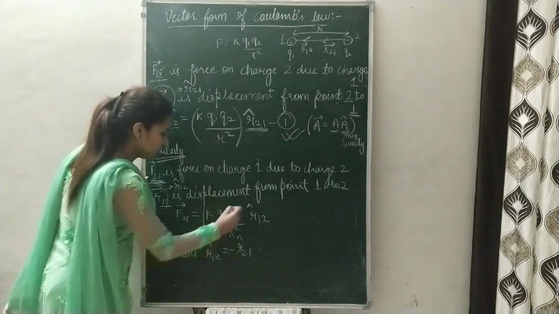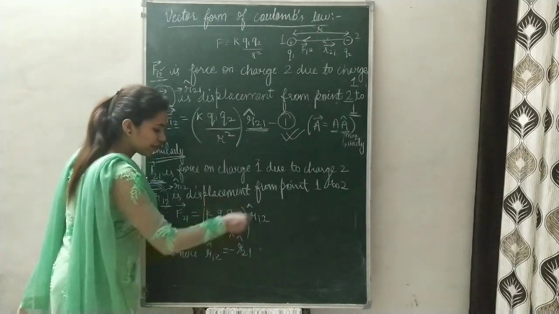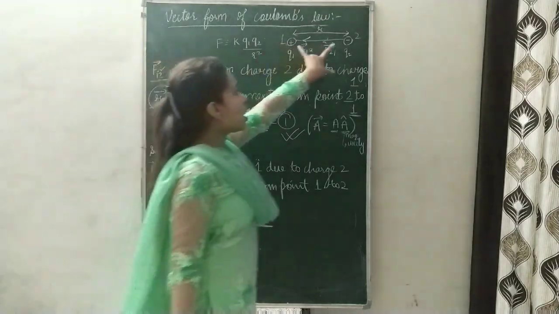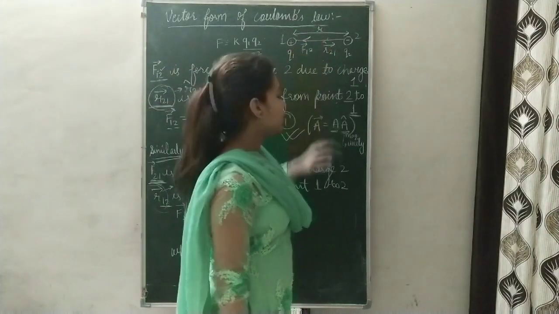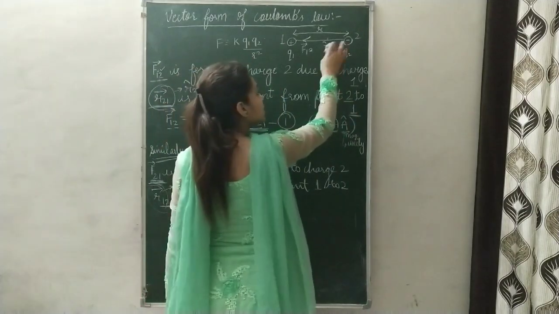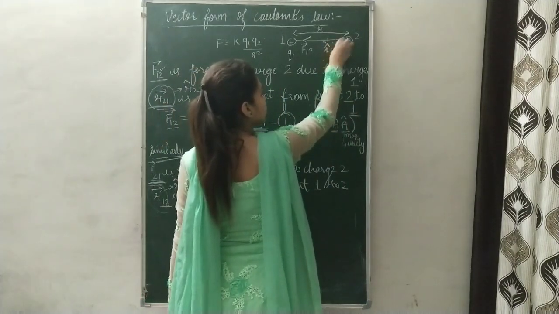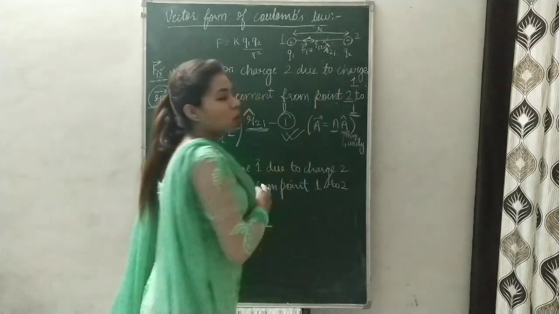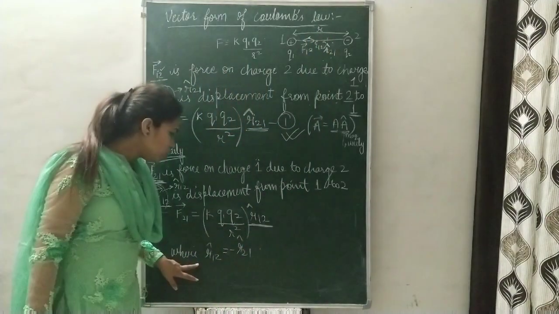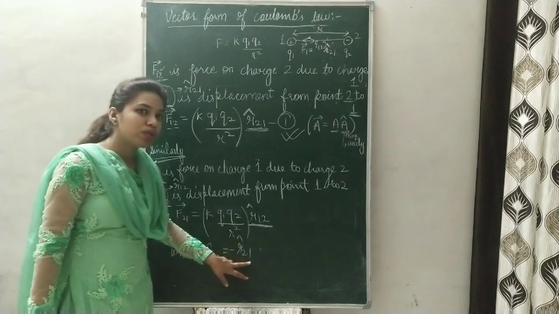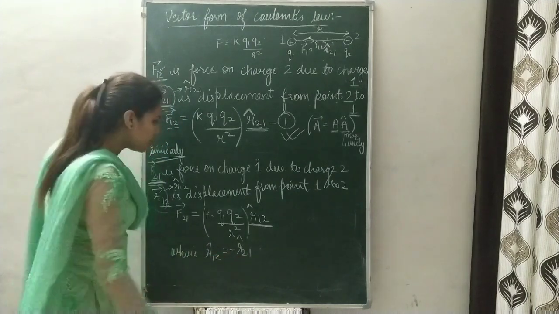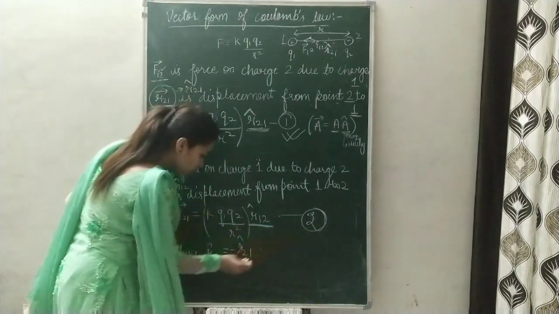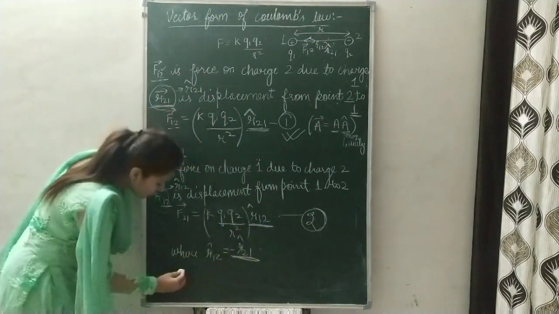Then again, force is equal to magnitude times direction, that is R21 cap. Now this R is the total distance between these two charges. R21 is in this direction from 2 to 1, and R12 is in this direction. So these both are opposite in direction. R12 is equal and opposite to R21. So if we replace R21 in equation 2 by minus of R12,